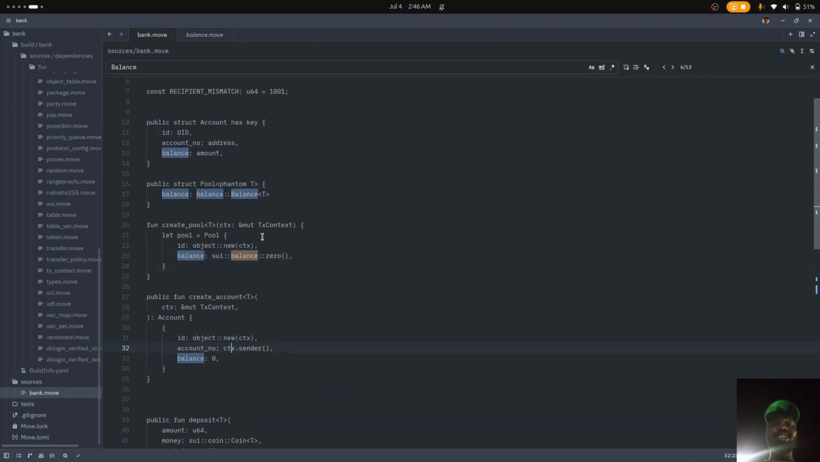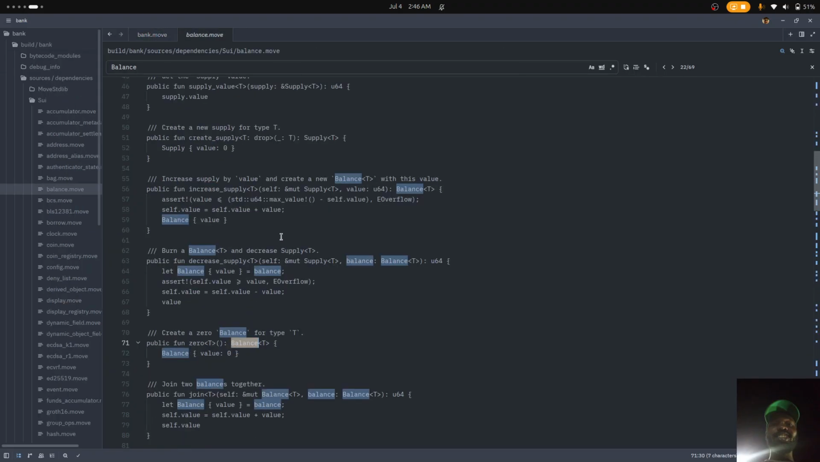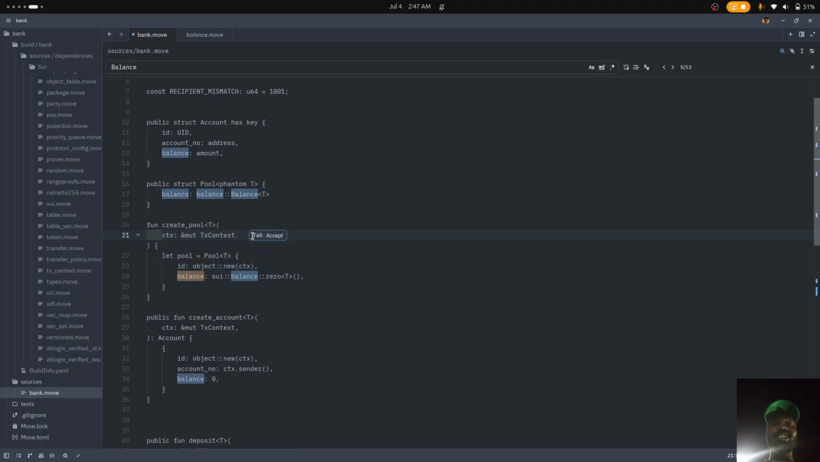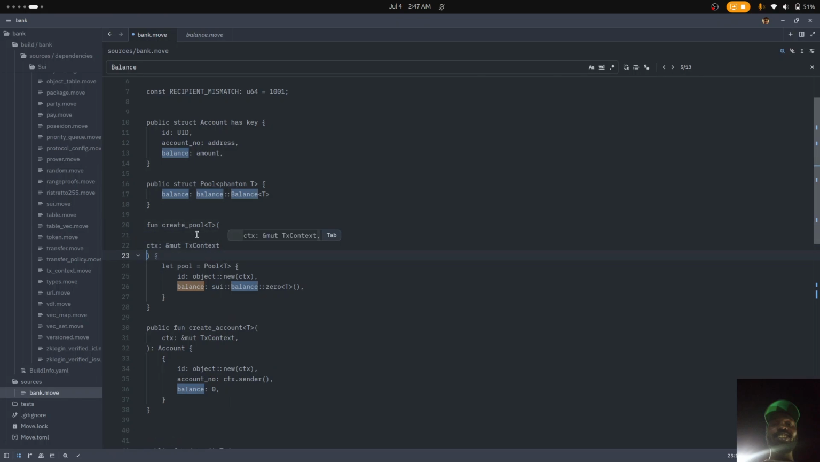So for any pool. Now here's one thing. Pool is a type. Balance has a type. Yeah. Now with this, anybody can create a pool. It's crazy. Don't need to do that. So this takes always the last argument. So with this,